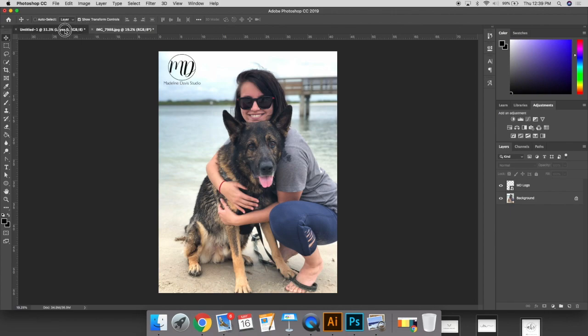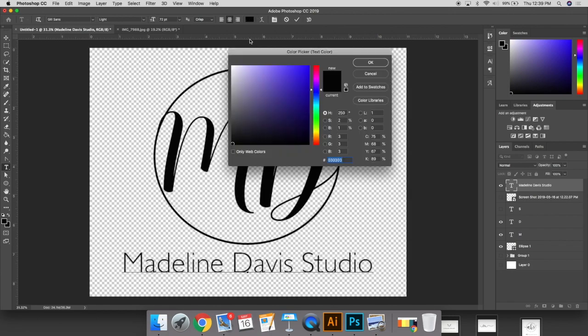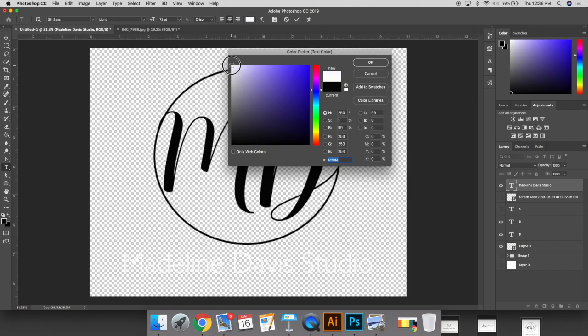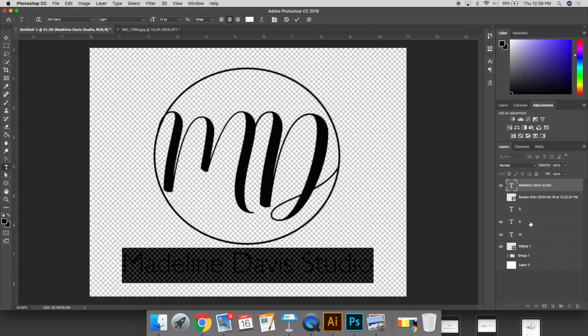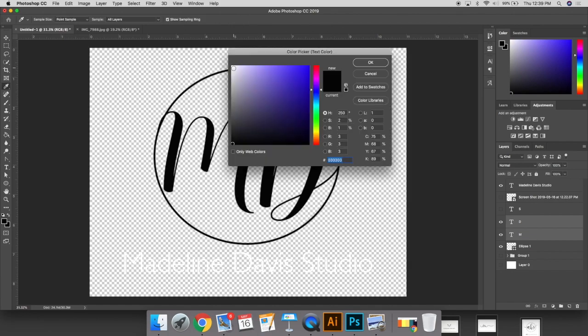To do that, I can actually come back in here and select my text layer of Madeline Davis Studio, highlight it, select the white, select the D and the M. I can select both of them at the same time because they have the same properties. Come back up to the top, change it to white,